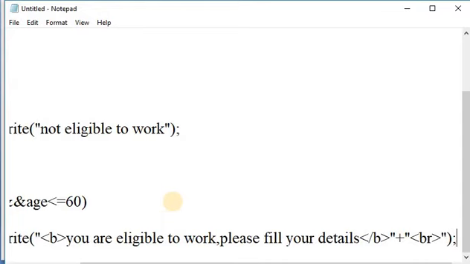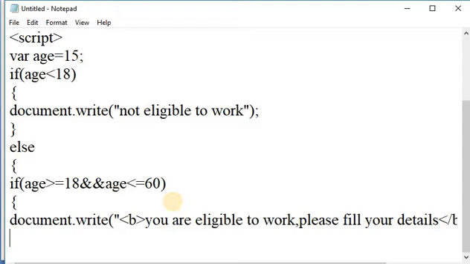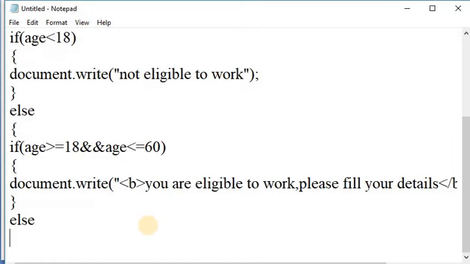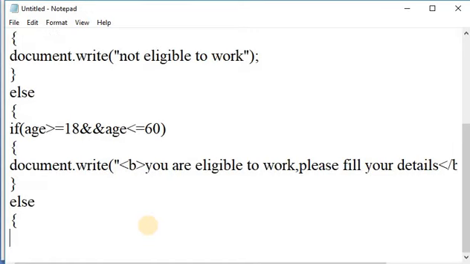Next, the else statement. If this condition is true, then this statement will be executed. Otherwise, close the if statement, else open curly bracket, document dot write.